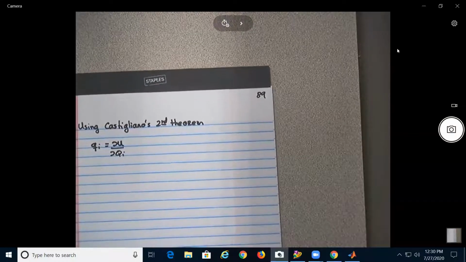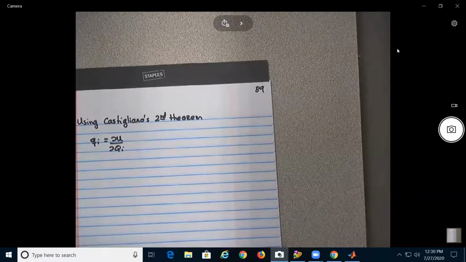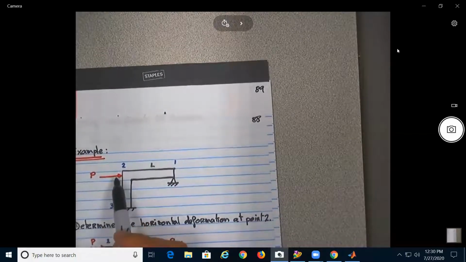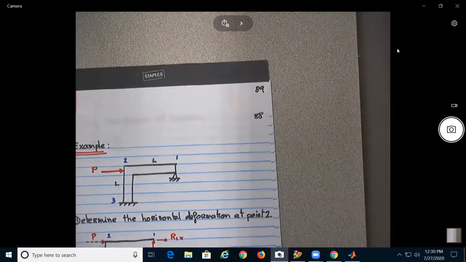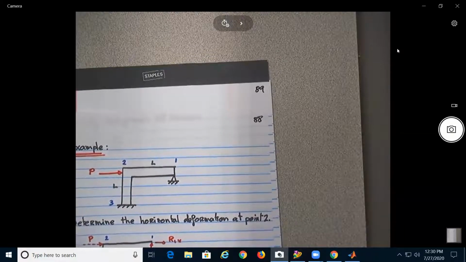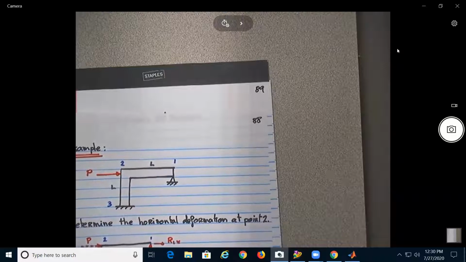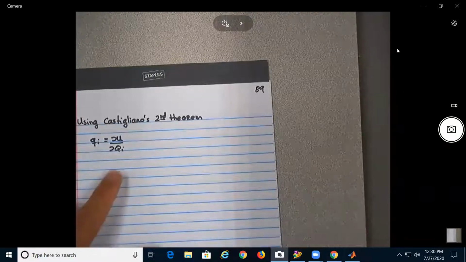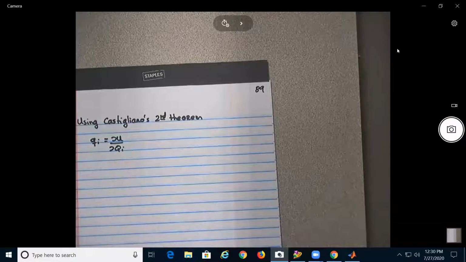So in this case, we are lucky because do we have a force applied at the location where we need to find the deformation? Yes, so that means that in this case, we don't have to assume a dummy force, okay? So in this case, our Q will actually be our P. So we can have here,